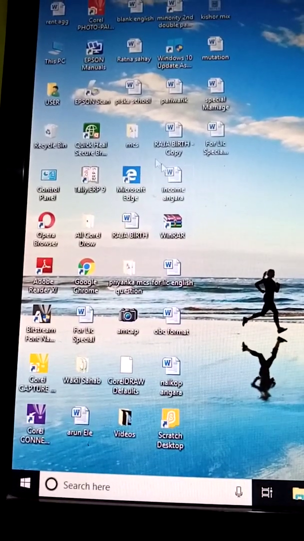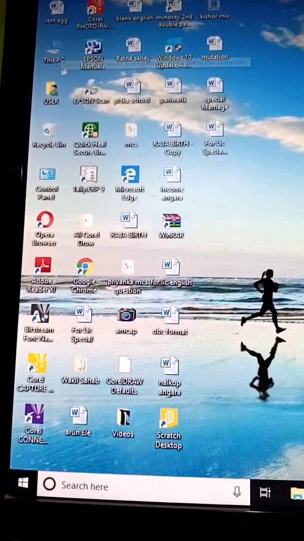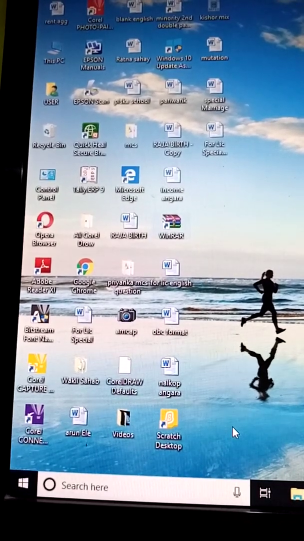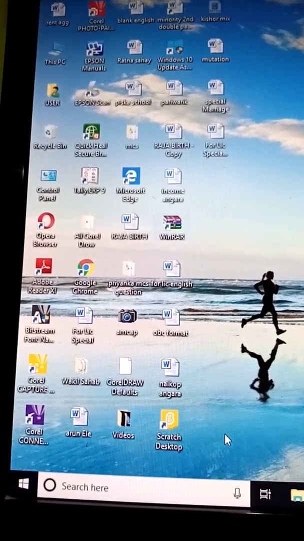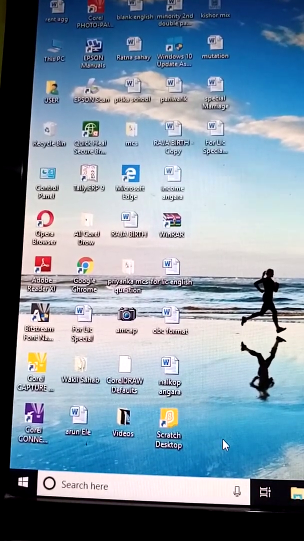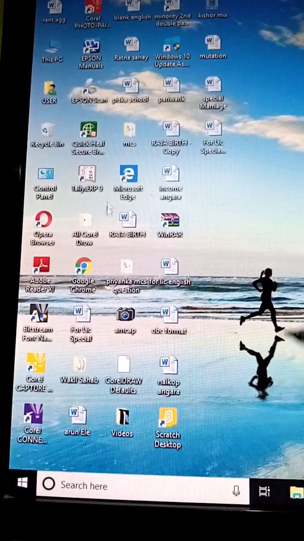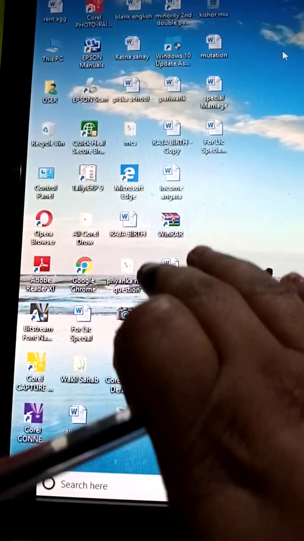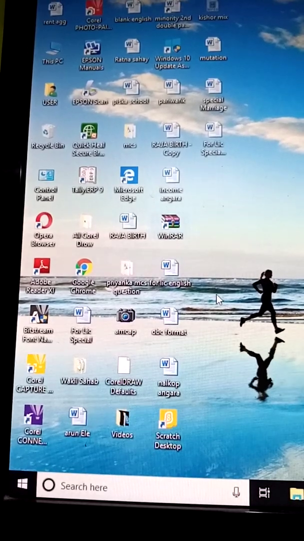Now if you look at your screen, this is my computer screen, and in your book on page number 13, some components of the Windows desktop are given one by one, which you have to learn today. I am going to explain them. First of all, this part of a computer is called the desktop. The main screen of a computer which you can see is called the desktop.